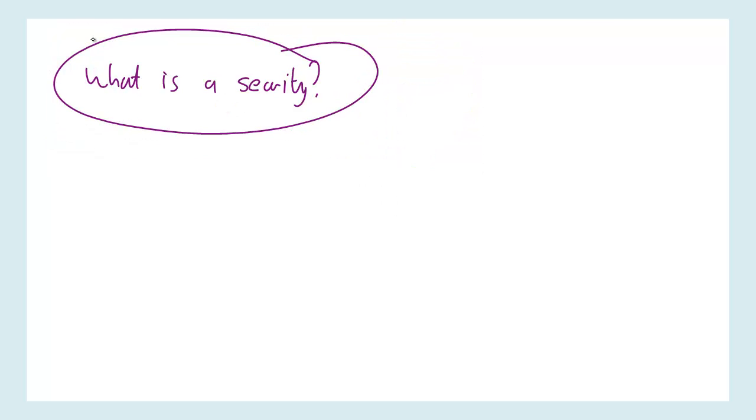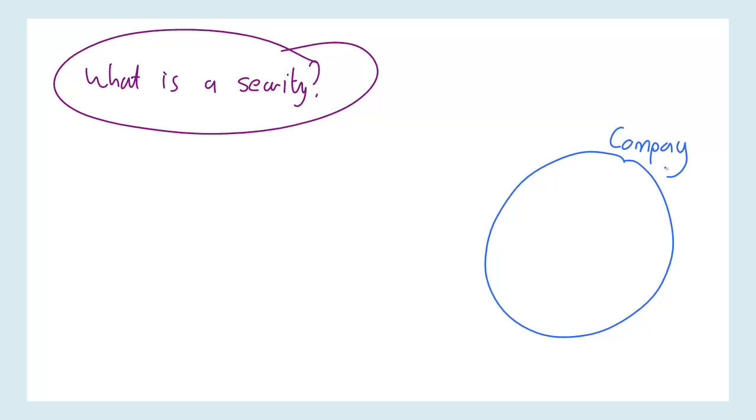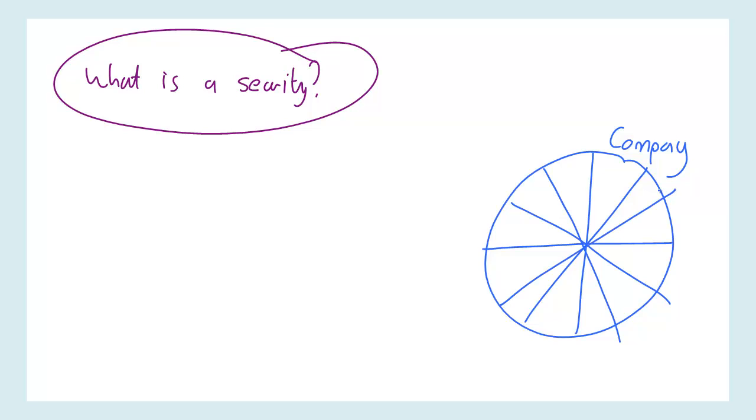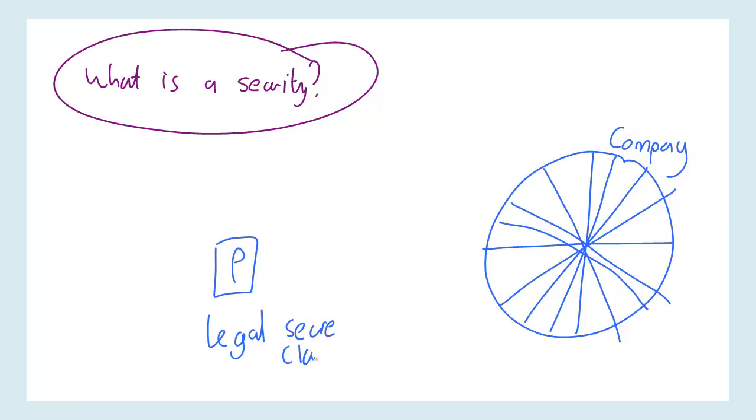So, if you think of a company, there's a company there. Who controls the company? Well, what we do is we divide a company up into various slices. I'm going to try to do 16 slices. Can I do 16? Ooh. And each slice of control has a piece of paper associated with it, which is the legal secure claim to control. So this piece of paper here represents 1/16. I know that's a big fat 16th, but hopefully you get the idea. That represents 1/16 of the control of the company.